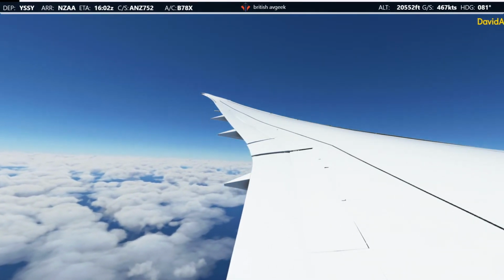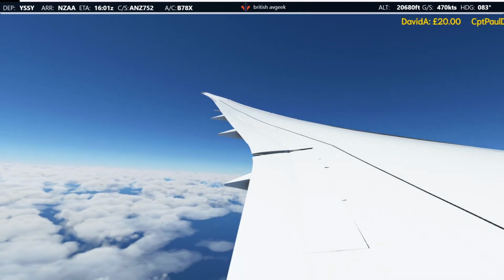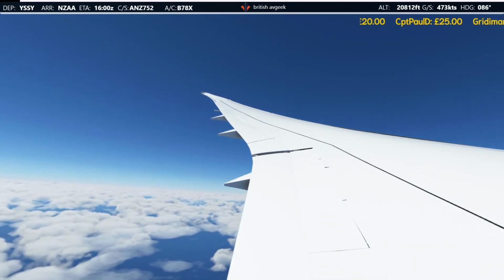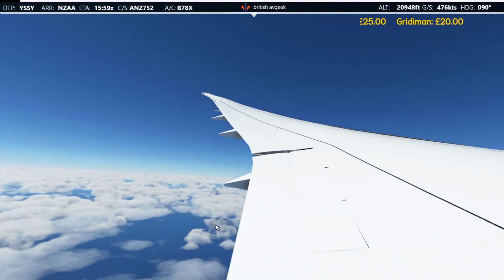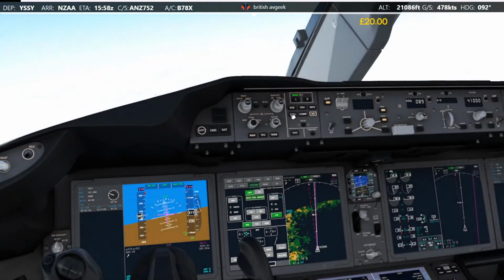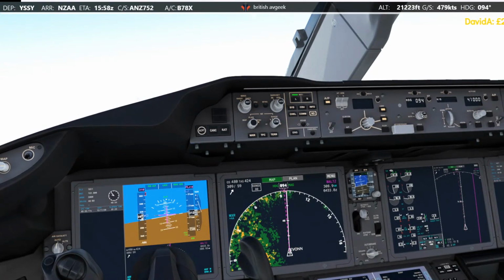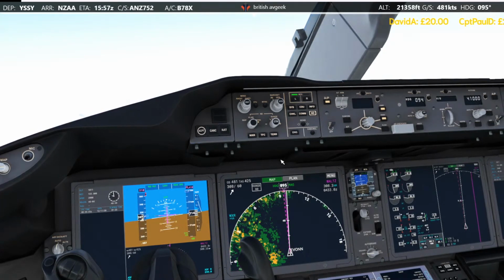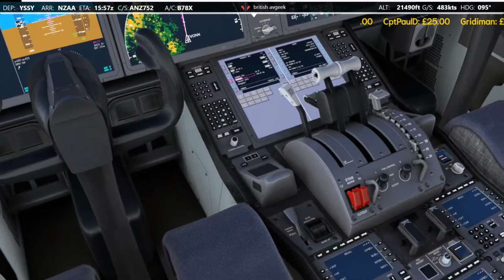Dan's loving the CRJ 900 and 1000. They've released a hotfix already for a couple of bugs, wow. Nice to see they're being proactive with it too. I've not tried the CRJ 900 and 1000 yet, sorry. I know it's very similar to the CRJ 700, which we're going to be flying on Sunday. We're going to be doing a real life route